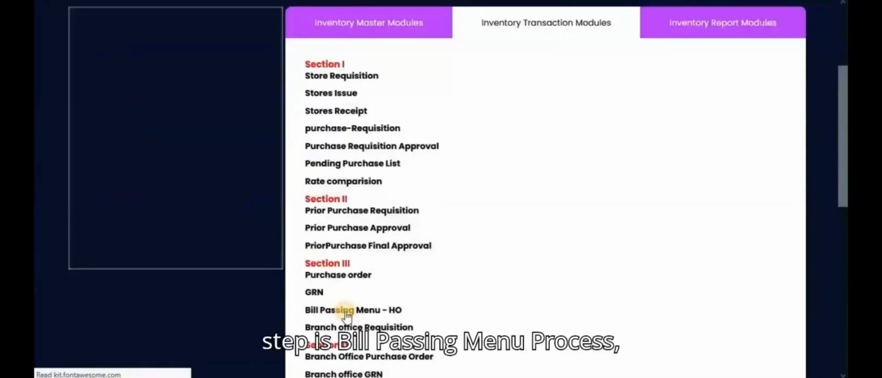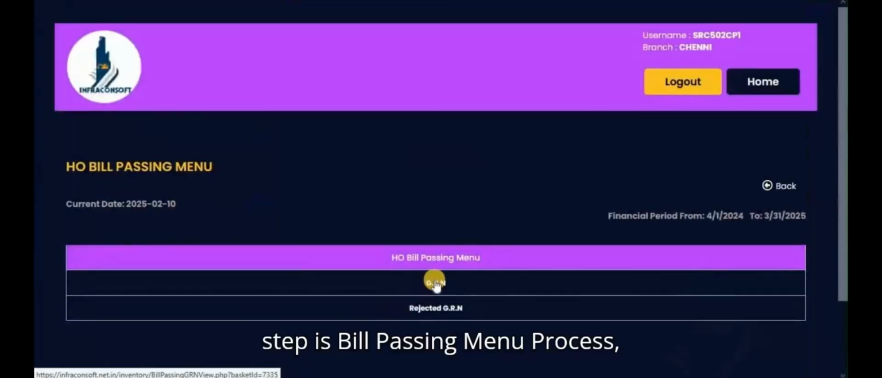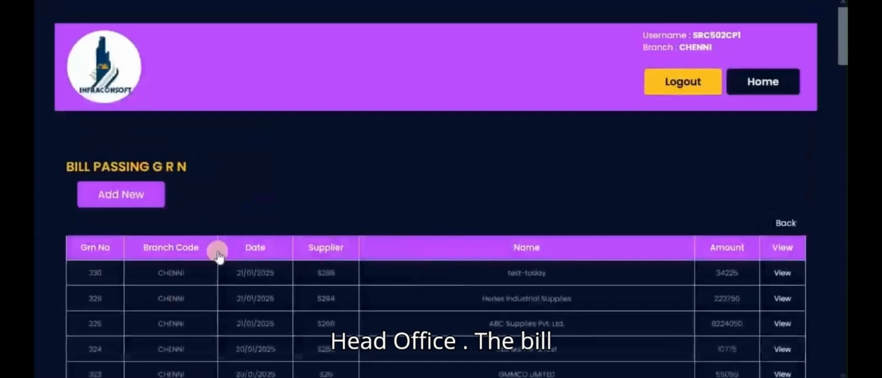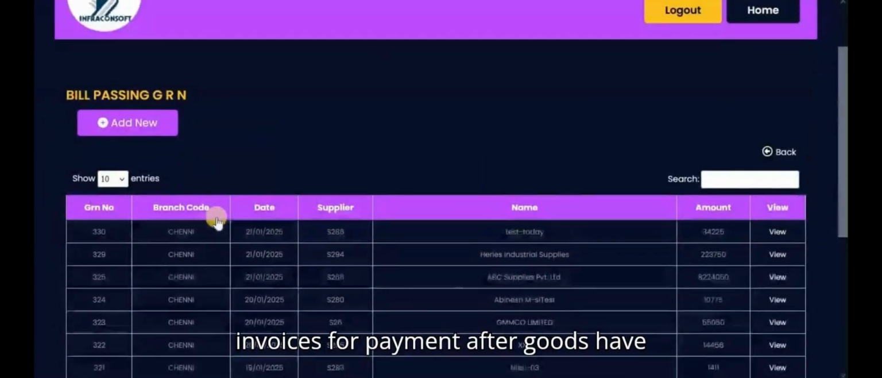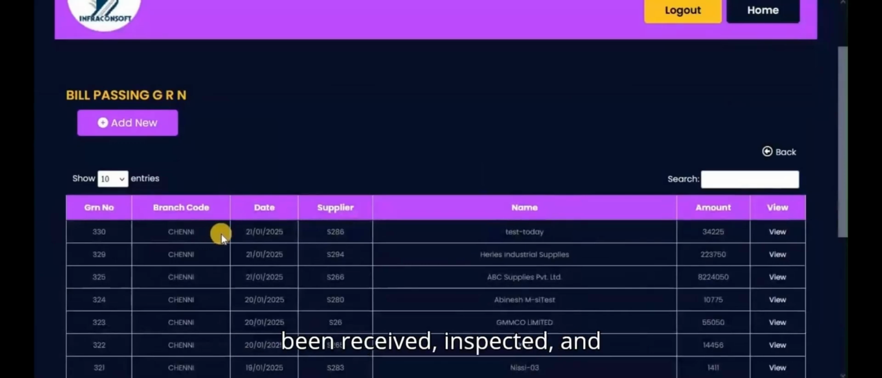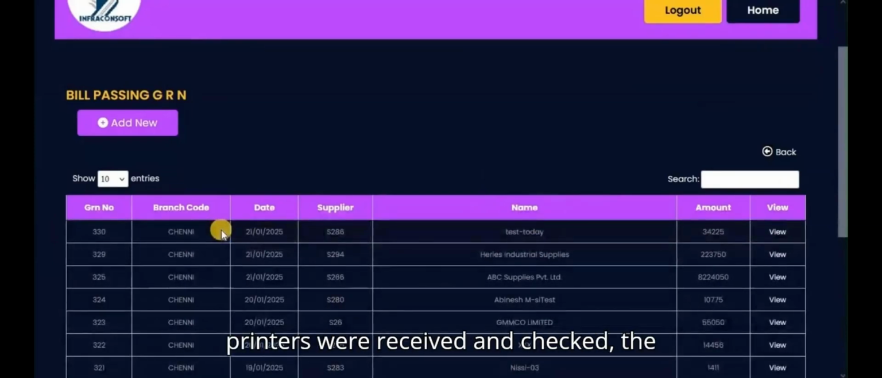And the final step is the bill passing menu process, head office, HO. The bill passing menu is used to process supplier invoices for payment after goods have been received, inspected, and confirmed. For example, if 10 printers were received and checked, the bill is forwarded to the head office, HO, for payment